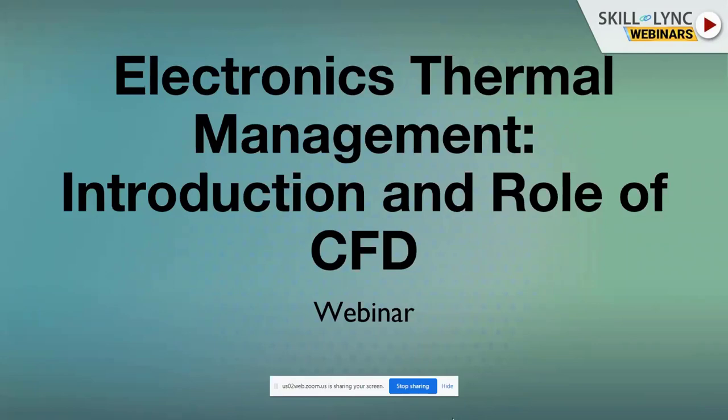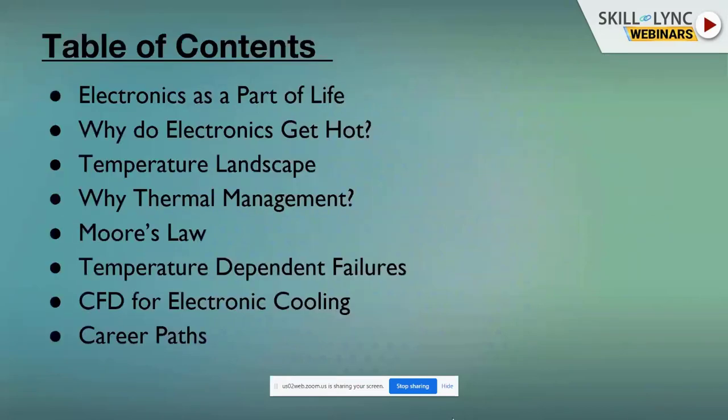the session. So based on this perception, I'll try to cover the general scenario of heat transfer and its side effects and effects on electronic components without having much focus on technical or mathematical details. And it also advocates the objective of the session. The objective of the session is to give a general and basic understanding of electronic thermal management, or the effect of thermal on electronics components. So in today's session, we are going to touch the following topics: electronics as a part